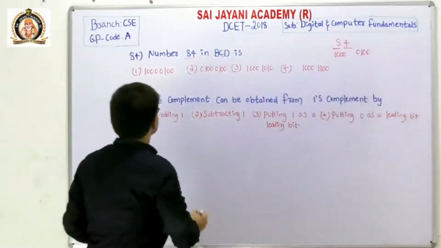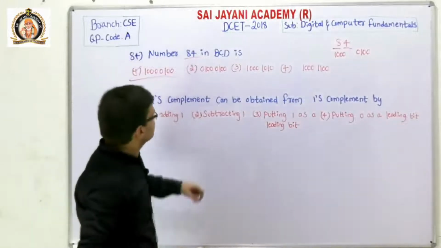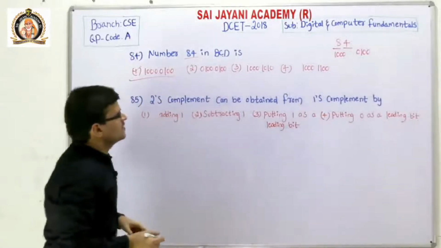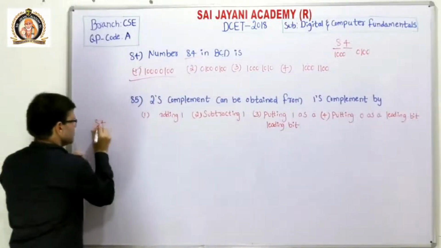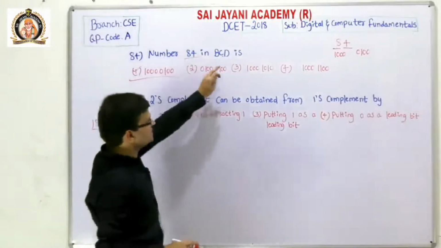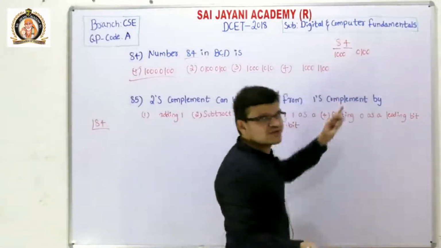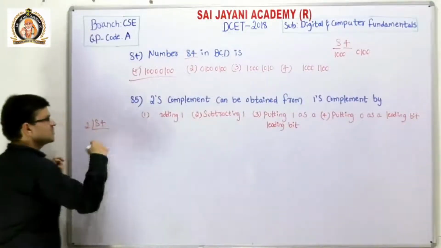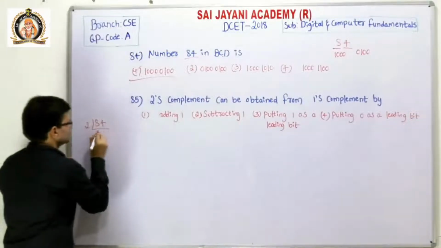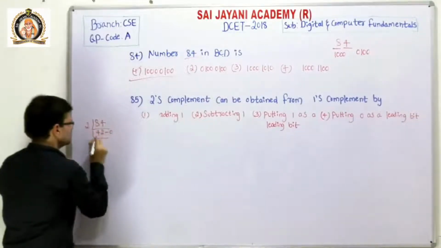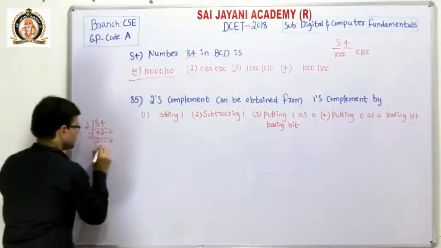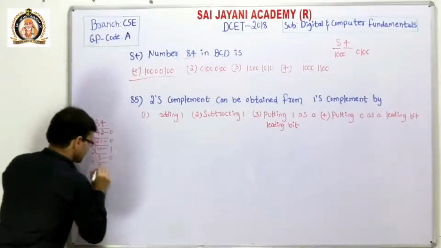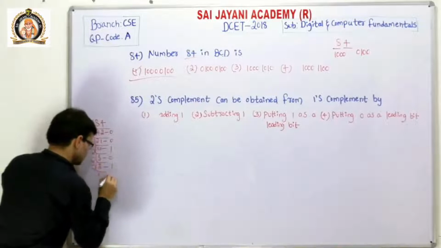So from the options, the first one is the right option. How is it different from binary? In binary we have to take 84 as one unit, but in BCD, 8 is one digit and 4 is one digit. For 84 in binary form, its equivalent becomes: 2 4s are 8, 2 2s are 4, that is 0, 2 2s are 4, 2 1s are 2, 0, 2 10s are, that is 1, 2 5s are 10, that is 0, 2 2s are 4, that is 1, 2 1s are 2, that is 0.